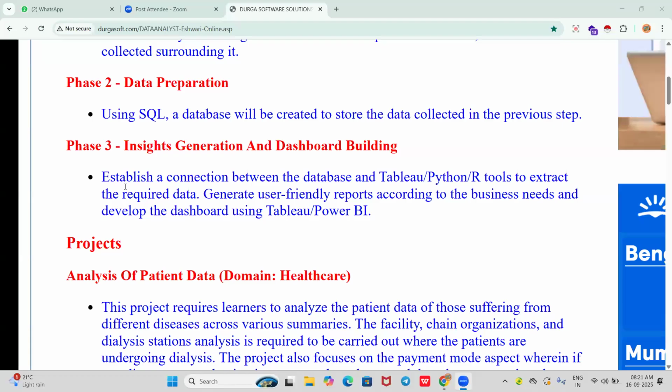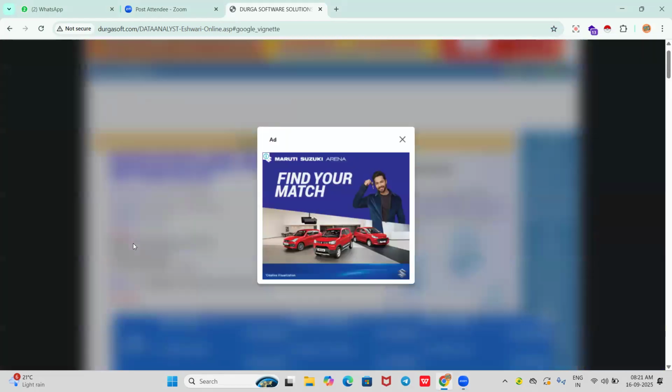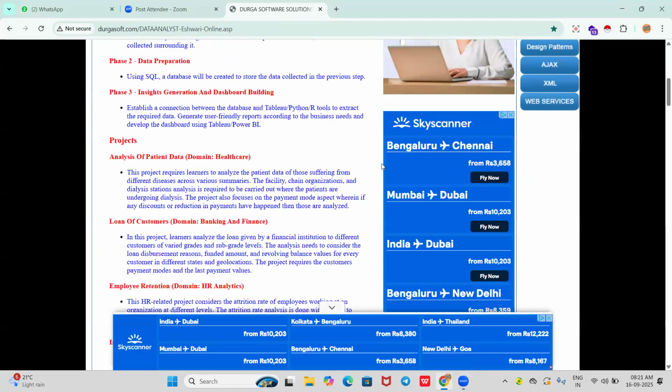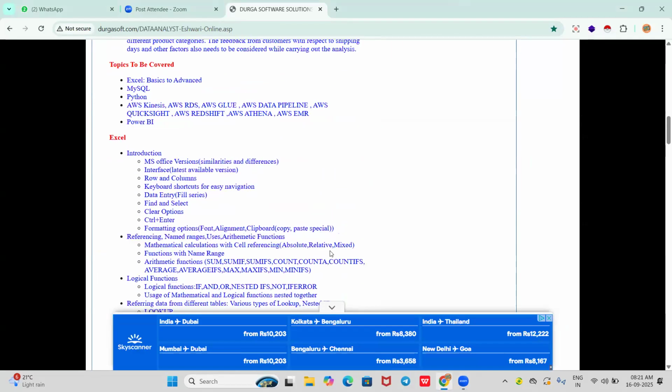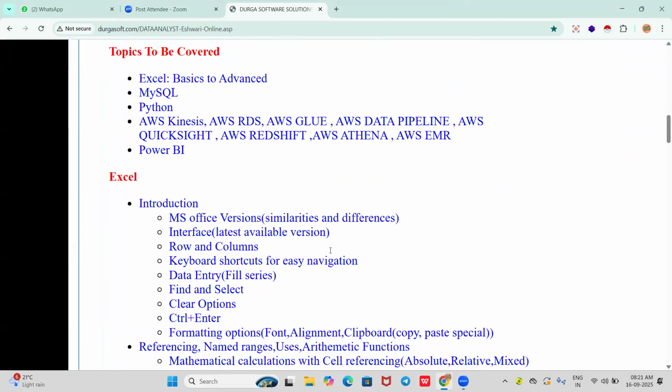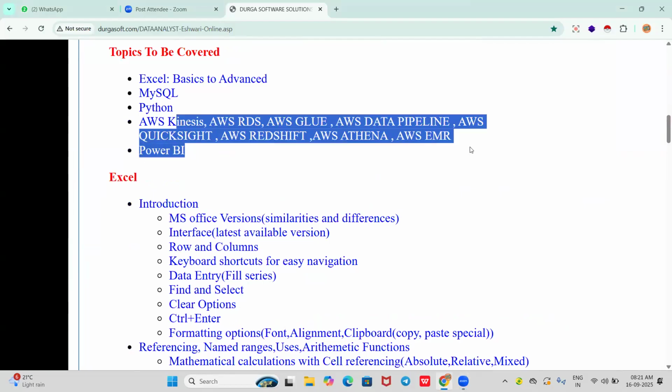Is cloud included in this? Yes, of course it is included. As I updated earlier, one cloud is included, and the cloud is AWS. Here we are understanding services like QuickSight, Redshift, Kinesis, RDS, Athena, EMR, and the data pipeline, AWS Glue.